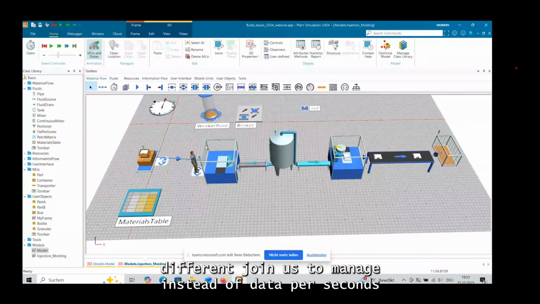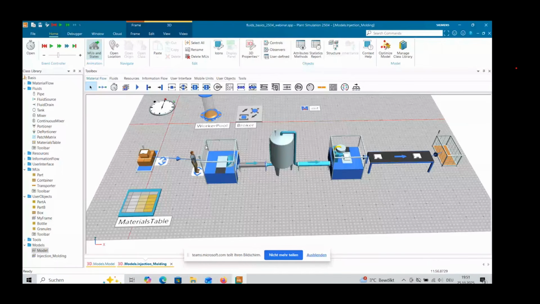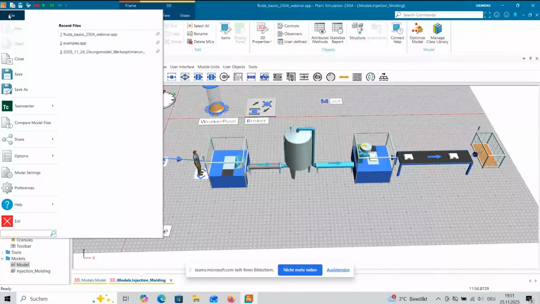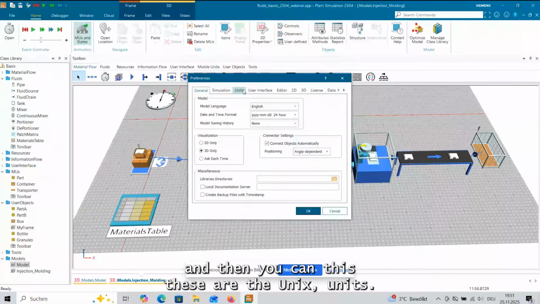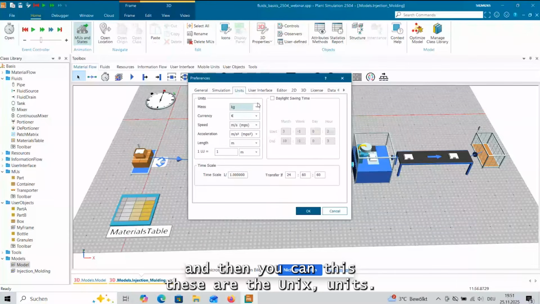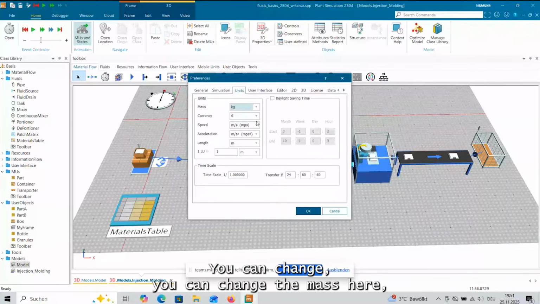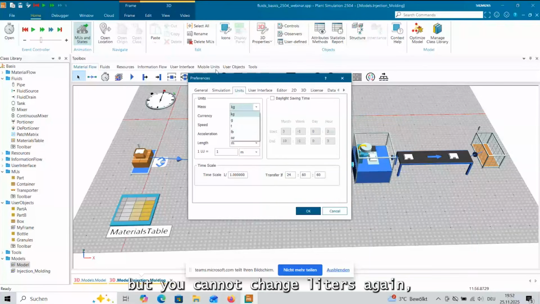How can different units be managed instead of liter per second when dealing with bulk materials? You can only change the weight. You can find this here in File, Preferences, and then you get units, and these are the units you can change. You can change the mass here, and you can change it to pound or something, but you cannot change liters, I guess.